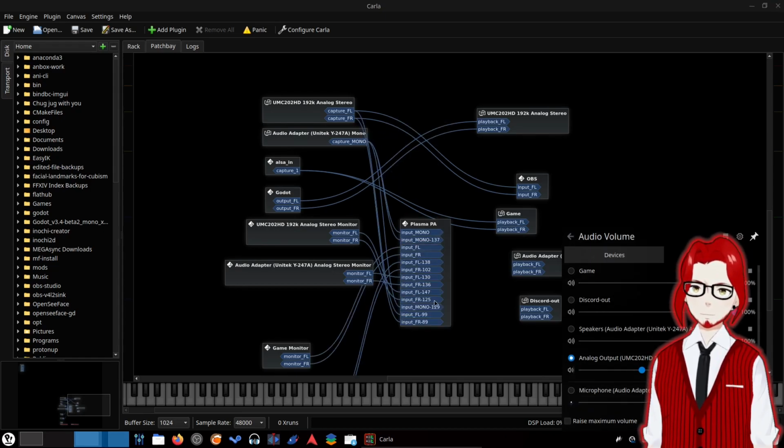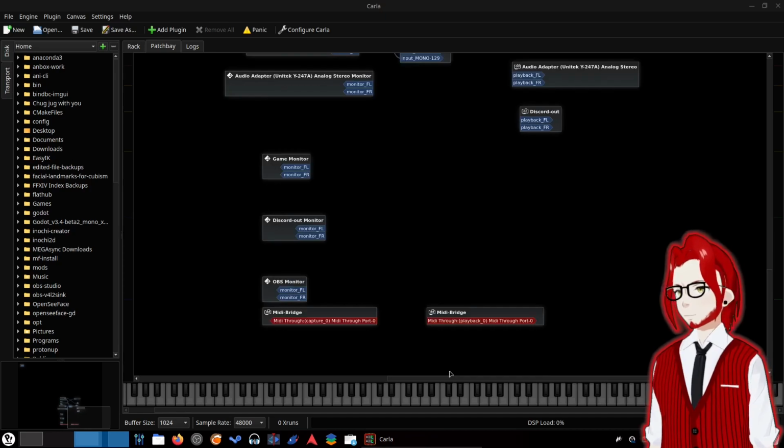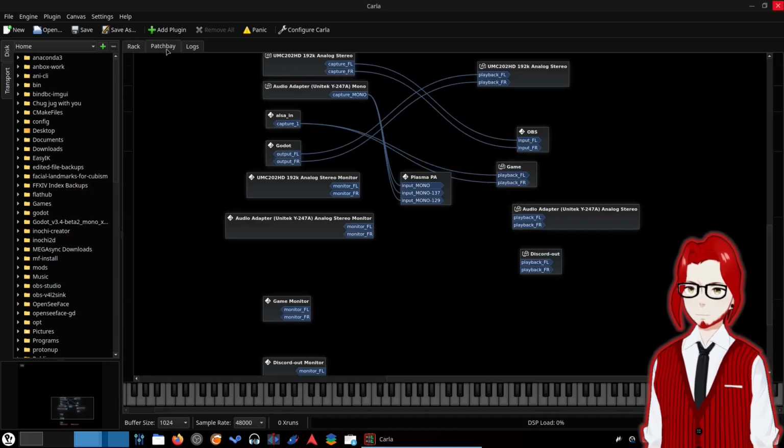If I open that, it pops up and there's all these connections. It gets very messy very quickly. I'm not crazy about that. Maybe there's a better interface I can use instead of Carla. Carla's just the one I'm most familiar with, and if I get Jack working again, I know how to do the plugins and stuff and control them on the rack.